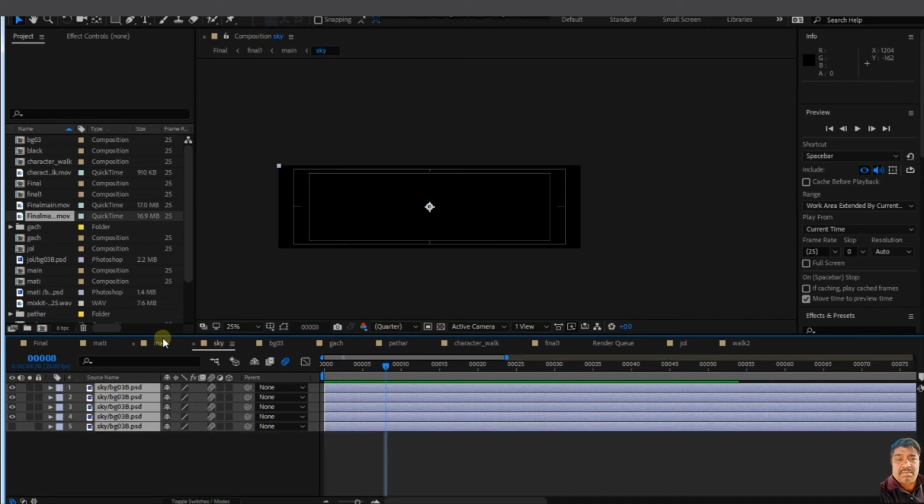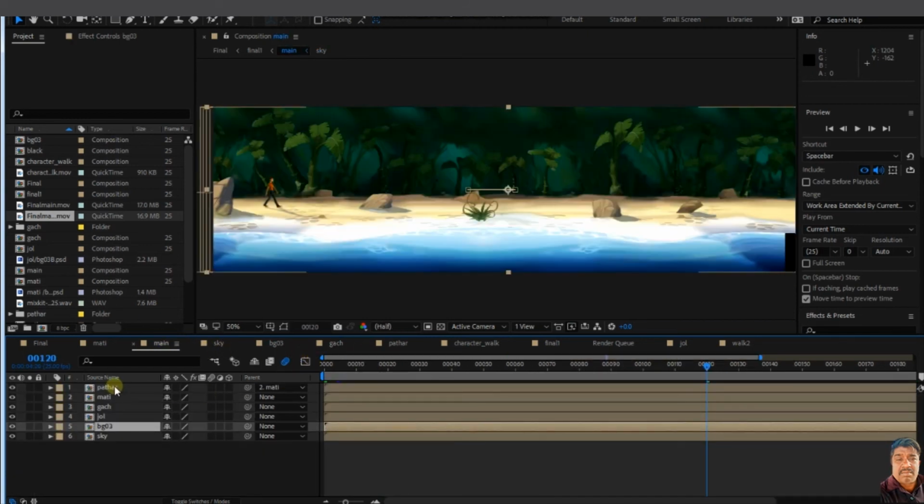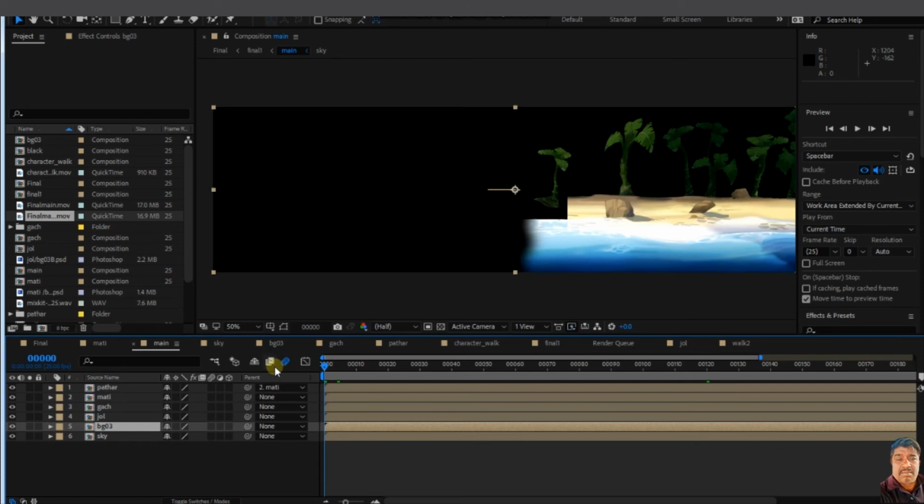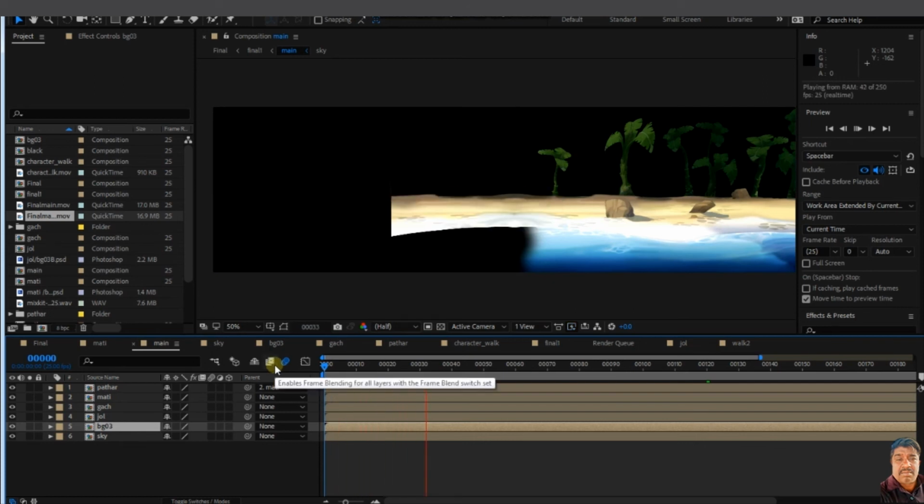Then I make all the compositions separate, take them together, and make an animation like this. If I play it, it is like this.